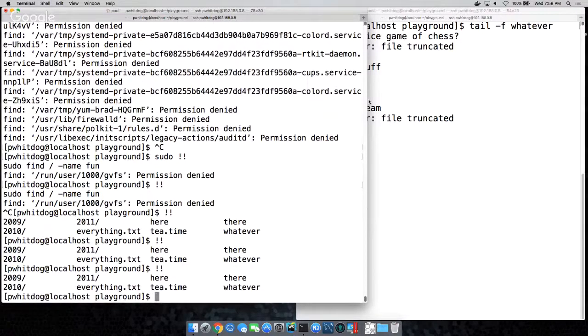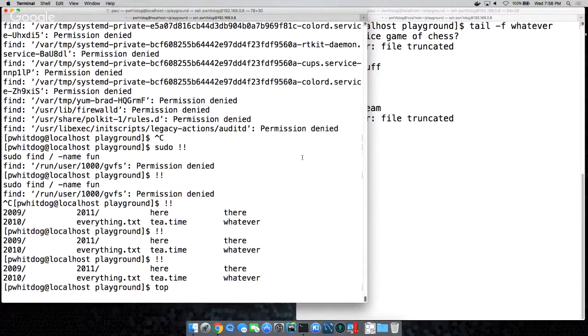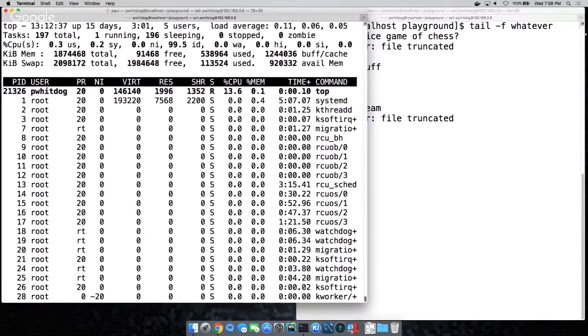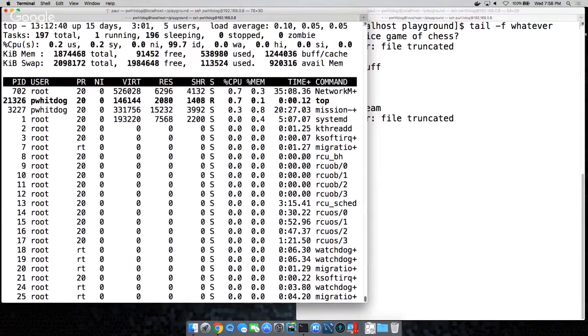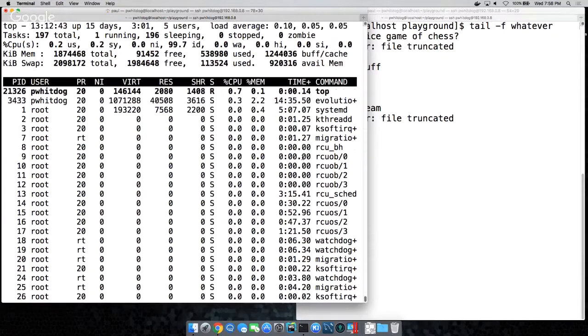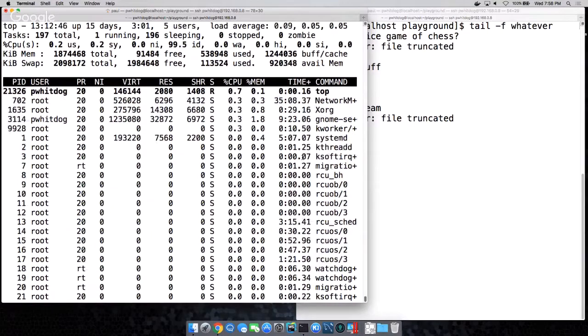Processes. So if you're used to looking at, what is this thing called in Windows, Task Manager, and you want to see what the running processes are, there's top you can do. And these are all of the processes running on the box. The far right is the command. The second column is who the user is running as. And then you've got a series of resources that it's utilizing.